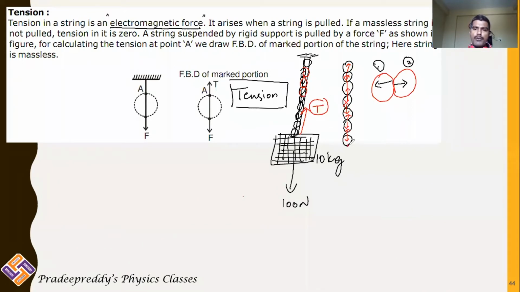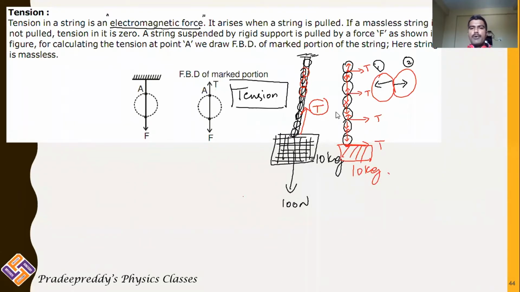So at the bottommost point, what is the tension experienced here? T. At this point also, the same tension will be there. At this point also there is the same tension when you are attaching this with a mass of 10 kg. Therefore, tension is